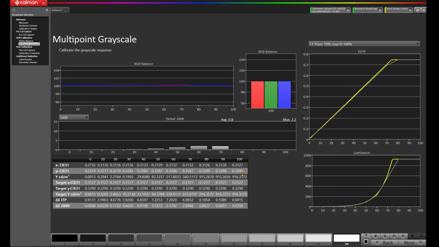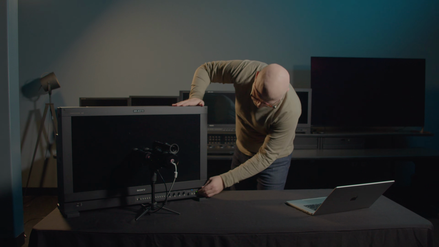Let's take a look at 50 on our data. If we look at 50, we're at 3129, 3287, 85 candelas per meter squared or nits, and we should be targeting here 94.3. So we are a little under tracking. So what I'm going to do is put up 50%, come over to the right here and hit read continuous, and let's now press menu,